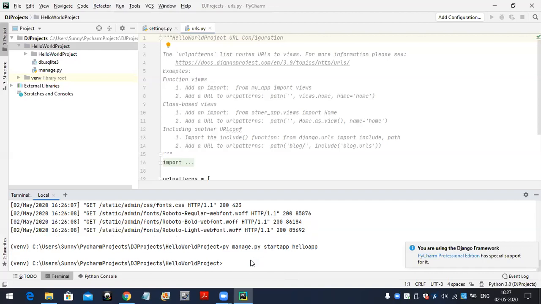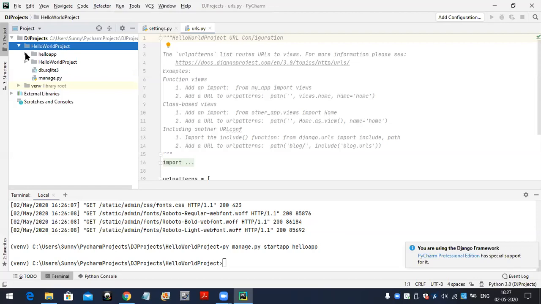See, the application also got created. Now you can see inside the project, the application also. See here, we got hello app, and we can see the application here. Now if you expand this hello app folder,